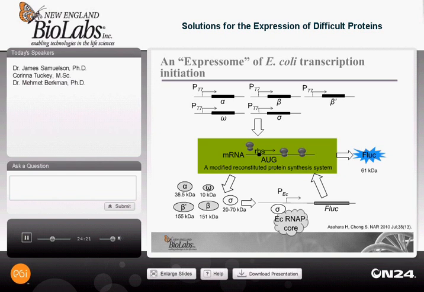The E. coli RNA polymerase core enzyme associated with the sigma factor to form an active holoenzyme, which then read the firefly luciferase reporter gene off of specifically the E. coli RNA polymerase promoter, and we were able to ascertain a readout from the luciferase as a function of formed E. coli RNA polymerase.